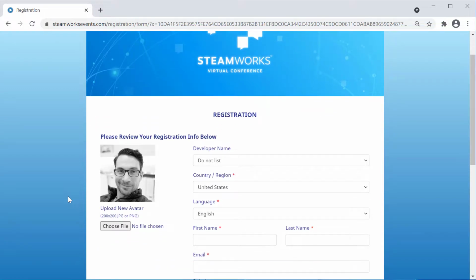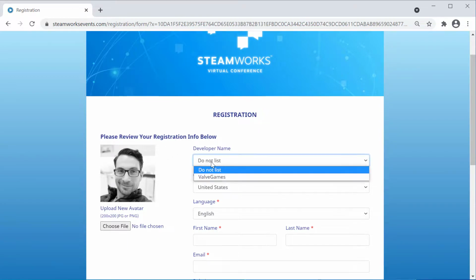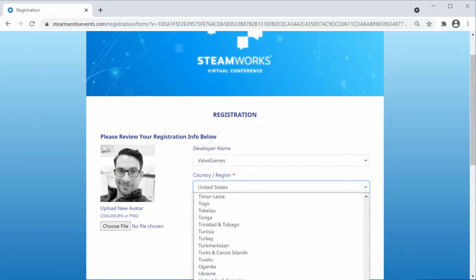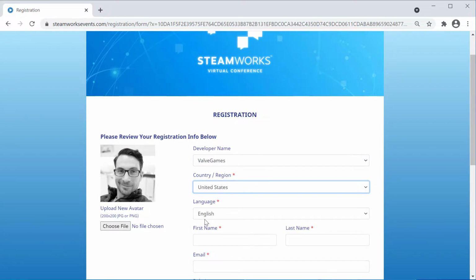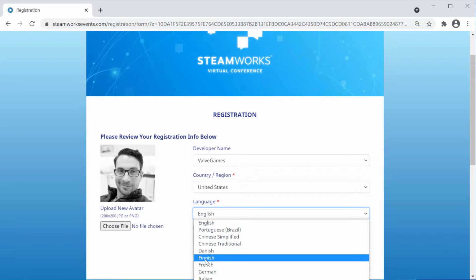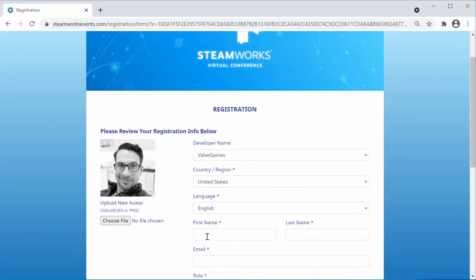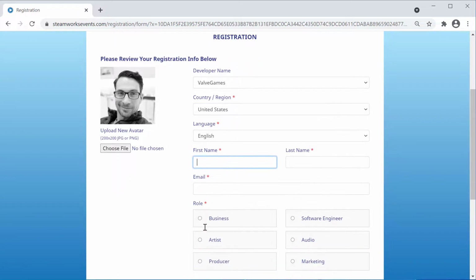All right, and the next part it's going to do is begin the registration. And you can see that the first thing is that it's already uploaded my avatar based off of my Steamworks account, which is great. I don't have to choose anything. But if you do want to choose a new picture, you can just select Choose File and select it. You will select developer name based off of a drop down here. I'm a part of Valve Games, and so I'm going to select that. Your country, I'm in the United States. Language, and enter my first name, my last name, my email,